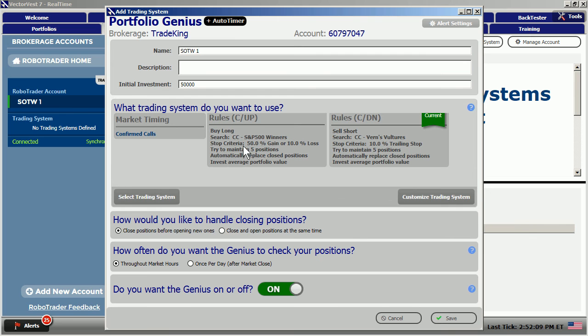When we buy long, we'll use a stop criteria of 50% gain and 10% loss, and we will only maintain 5 positions. When we sell short, we will use a completely different stop criteria of a 10% trailing stop, also on those 5 positions. So once the rules all look good, and we've answered the questions down below on how do we want to handle closing positions, how often we want to check on those positions, and of course whether we want the genius on or off, and we clearly do want that on, all I have to do is click save,